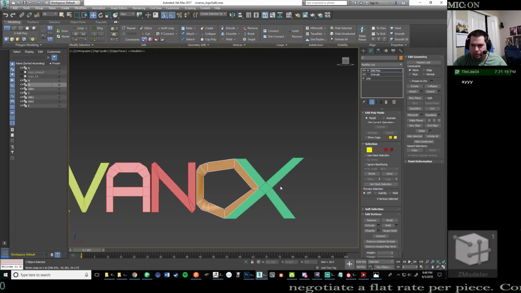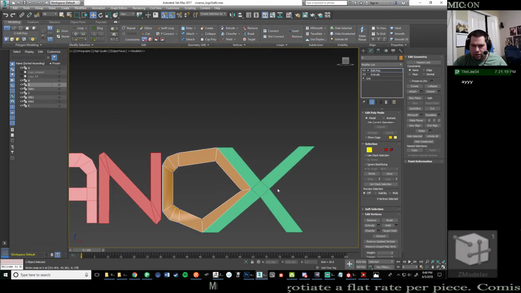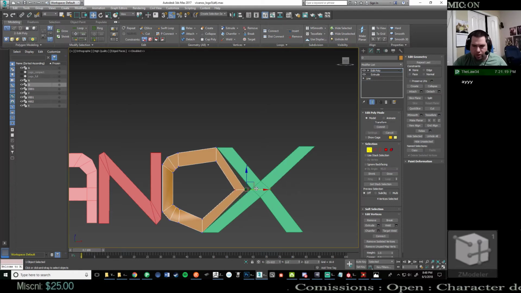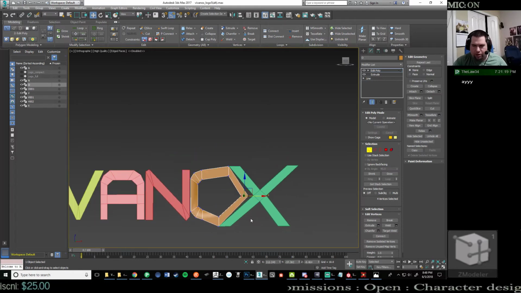Otherwise you shouldn't, yeah. You could have just tried without snapping it in, just have a little space between the O and the X. Yeah, you could do that, see how it looks, because as I'm seeing it now, I know it's an O, but does it look like an O? Could do something like that though.